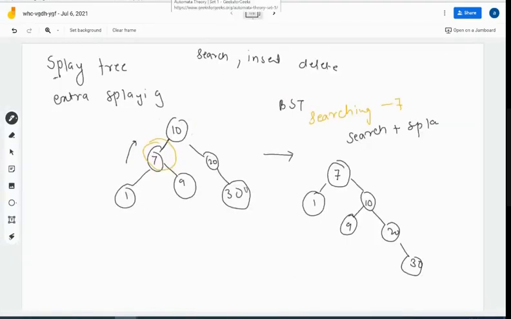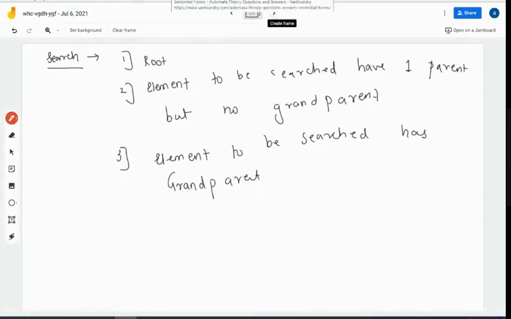So if you can see, this is a scenario we're talking about in which 7 has only a parent. So in that case, if you have to search this particular node, that is node 7, what we do, we just push it up as a root node, and then we search this particular node. It can be either to the left or to the right.